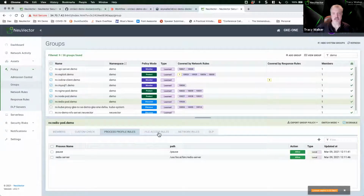We monitor a select set of strategic locations like /etc/passwd, /usr/local/bin, sensitive locations. We're already monitoring those. If you want to add a storage, a mount point, any recursive directory that you want to monitor or protect, we can add those. But basically what we're doing when we select all of those is we're going to export in a YAML file the security policies that we've learned, the processes, the networks, any file access, and we can put this in automatically